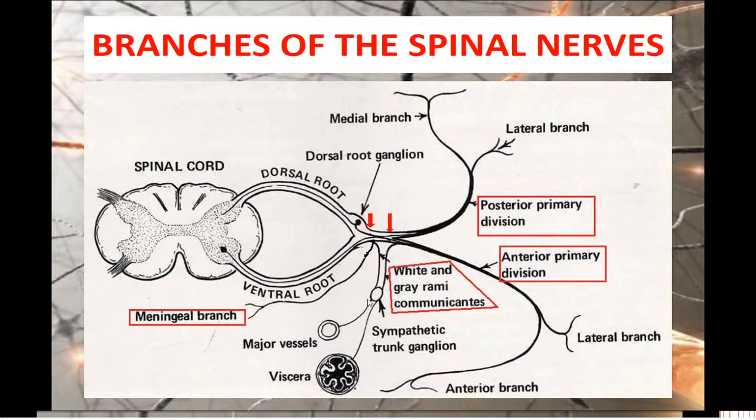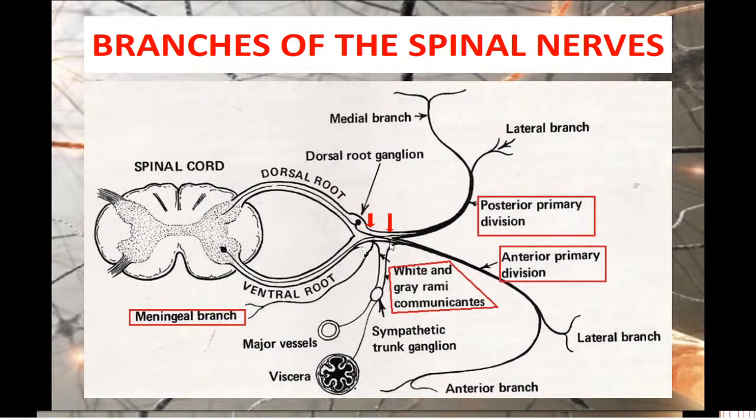In this ganglia, the interconnection of fibers occurs. It means preganglionic fibers will synapse with the cell body of the next neuron. And after this interconnection, postganglionic fibers will be formed, returning back to the